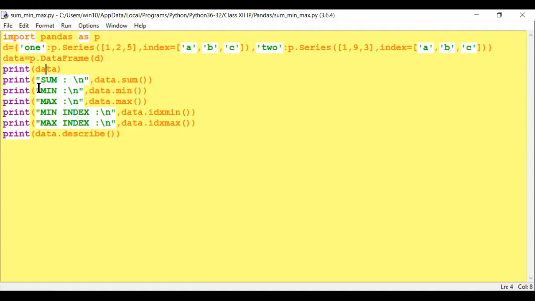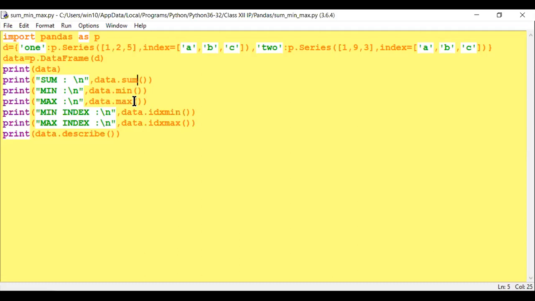Now I have to display the sum of all the data. Sum. This backslash n means next line. data dot sum. From where do you want to make a sum? From data, which is holding all these values. Sum. And now minimum, data dot min, and maximum it will display data dot max.